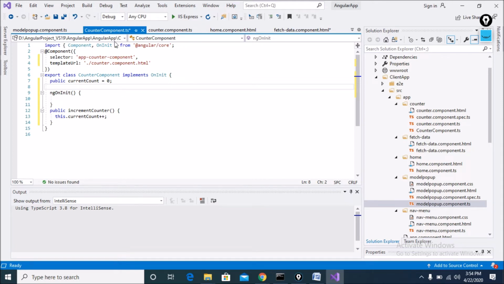Let's start. You can see here the counter component is a parent component, and this is ngOnInit, part of the parent component. Just put it here and define an object.